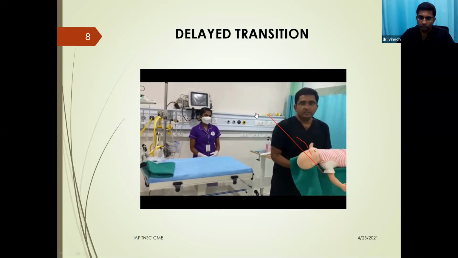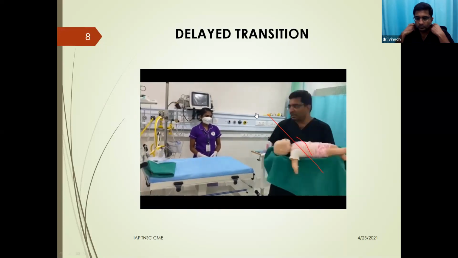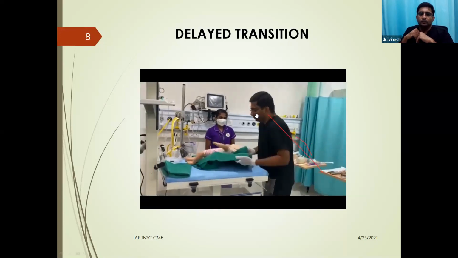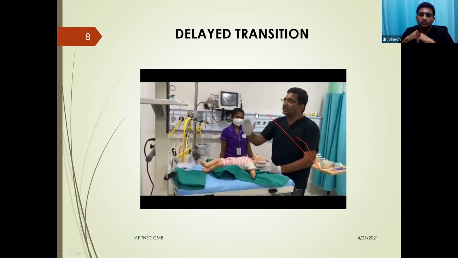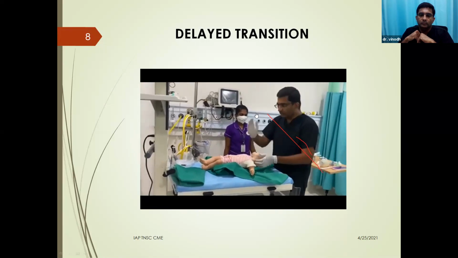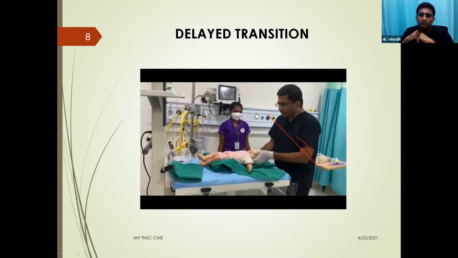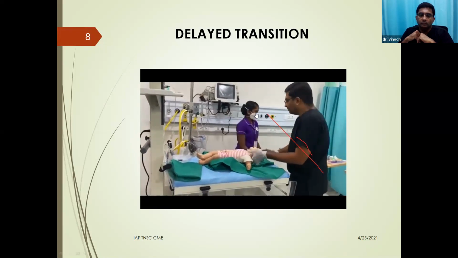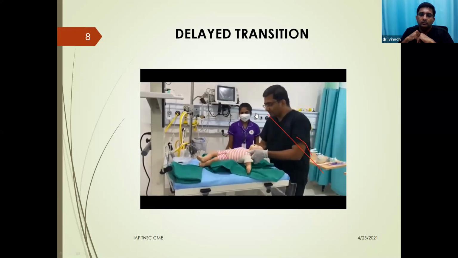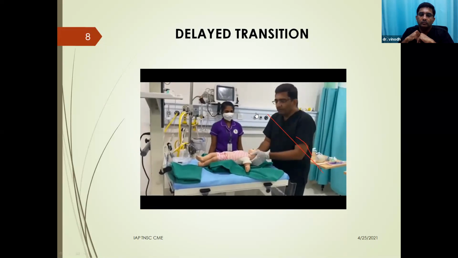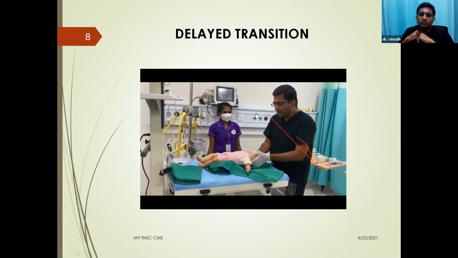So the cord has to be clamped and cut immediately, and the baby has to be brought to the radiant warmer. Baby has to be kept in a flat position with the whole body exposed to the radiant warmer. Immediately after placing, the baby has to be positioned. The airway has to be patterned. So place a shoulder roll. Keep the baby's neck in a slightly extended position.